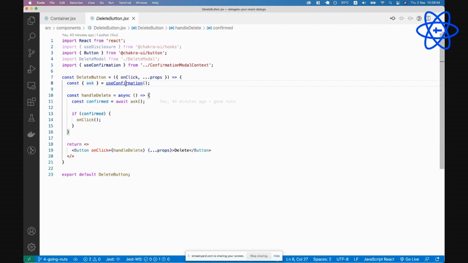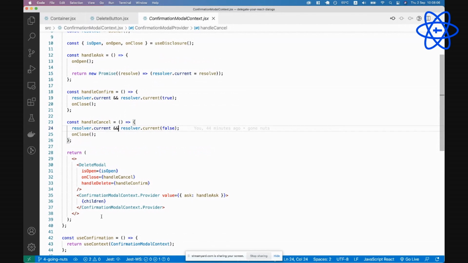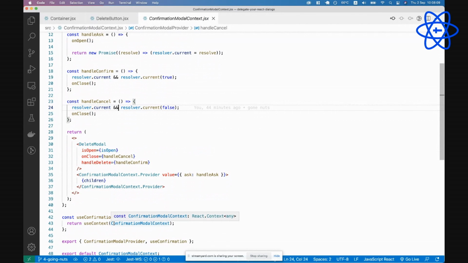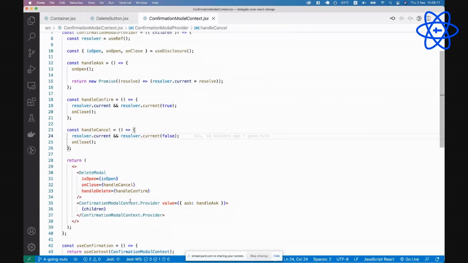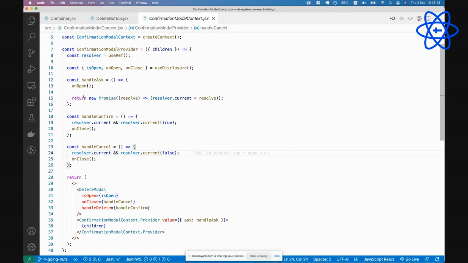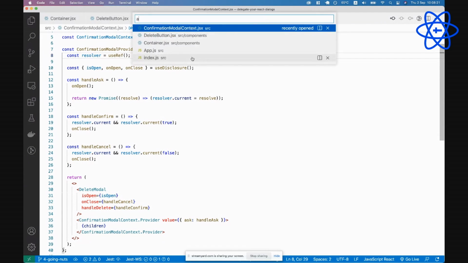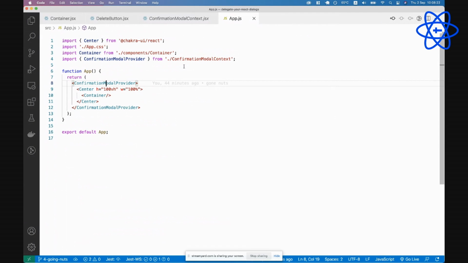If we go further into that hook, we can see that this hook actually uses the confirmation model context. And yes, this is where the magic, let's say, happens. We are storing the model into a context now, which is wrapping our entire application. As you can see, this is the provider, and this is our container that